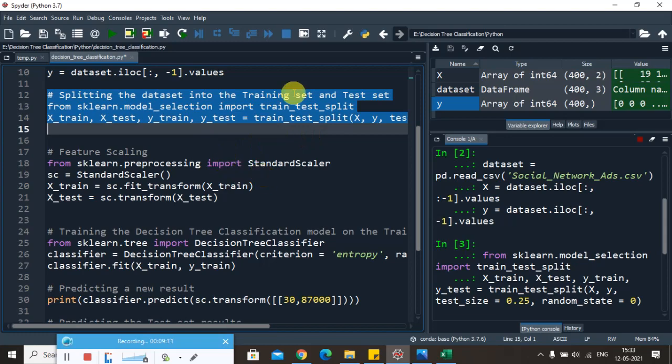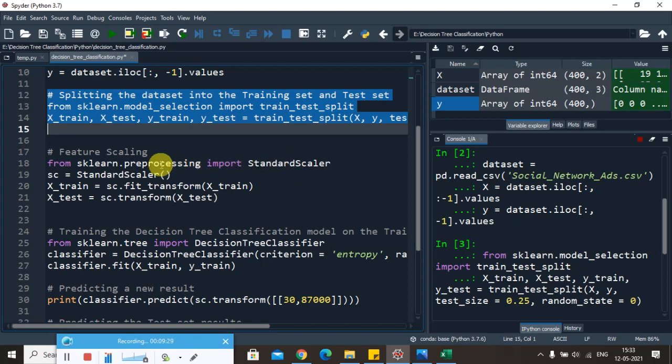To do the feature scaling mechanism, it is very important what kind of method we are going to apply. There are two methods, normalization and standardization. In this study we are going to apply the standardization method.